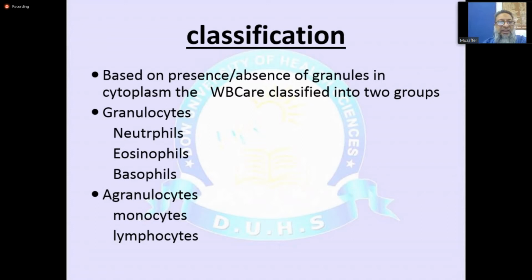And then again, there is the agranulocyte, as the name indicates, without granules. Their cytoplasm does not contain any coarse granules. So they are monocytes and lymphocytes. These two agranulocytes play a very important role to fight against the invading microorganisms, because these monocytes when they migrate